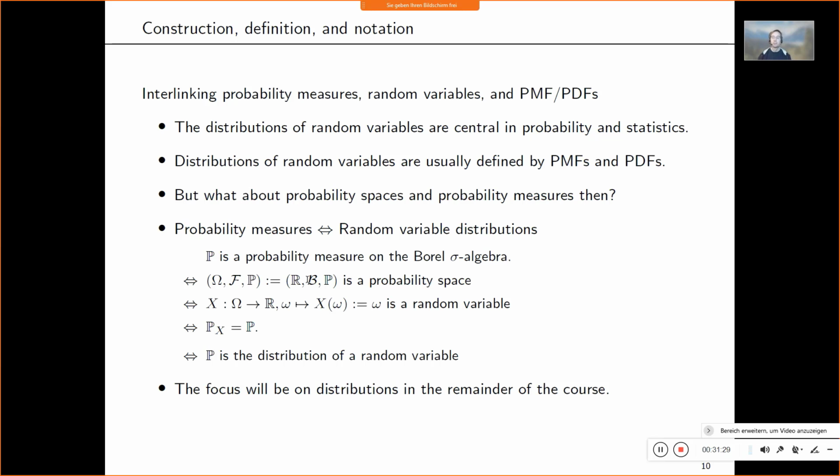So you specify a probability measure P_X by means of a probability density function or probability mass function. Then if you ask yourself what's the underlying probability space, the easiest model to choose is that you assume that the random variable is the identity function, and then your underlying probability space is just the probability space of the random variable. So it's always there. Often in applied probability theory,